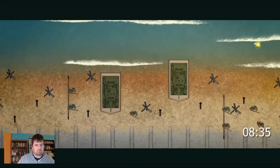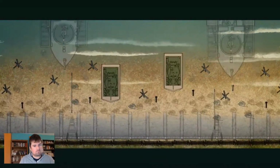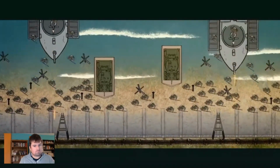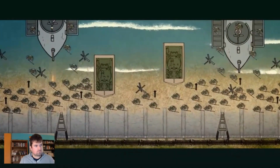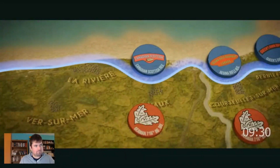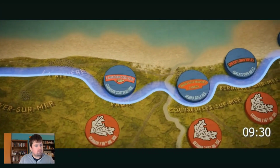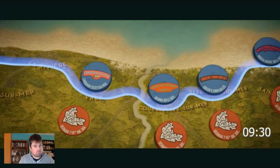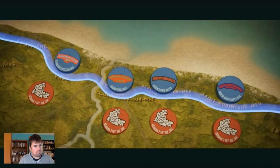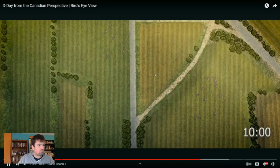Possible to traverse the high curved seawall. As engineers race against time to create makeshift ramps and open other exits off the landing zone, the beach is quickly becoming congested with the incoming tide. As you can see here, advancing Canadian infantry are moving to outflank the last pockets of German resistance. Courseulles, Bernières, and Saint-Aubin-sur-Mer all fall under Canadian control. By 10 o'clock, the advance southward is ready to